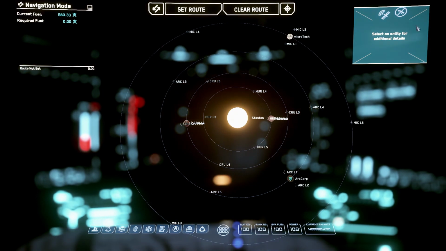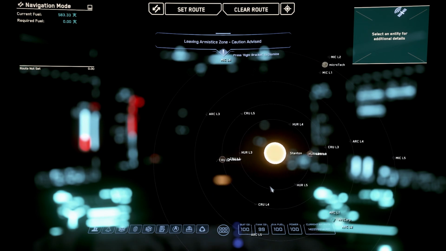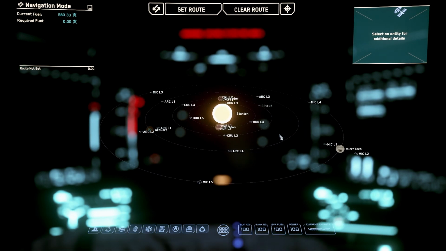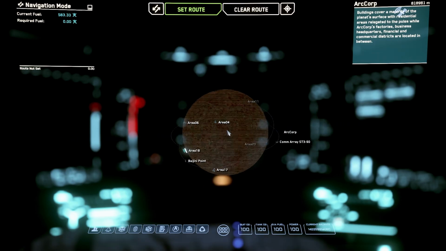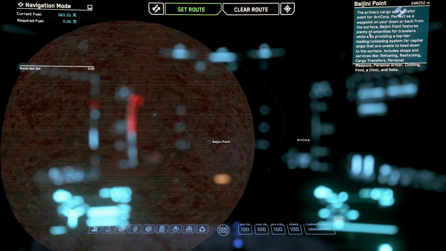So press F2 on your keyboard to bring up the Mobiglass straight onto the navigation screen. Hold down the right click and drag your mouse to be able to move around the planets in the screen. Scroll wheel to zoom in and out, and double left click to focus on the location you're currently looking at. Once you have somewhere you'd like to select, left click on it and then click set route at the top